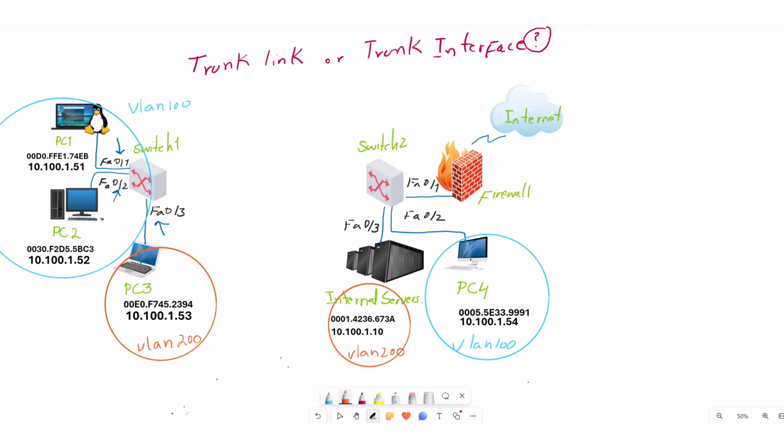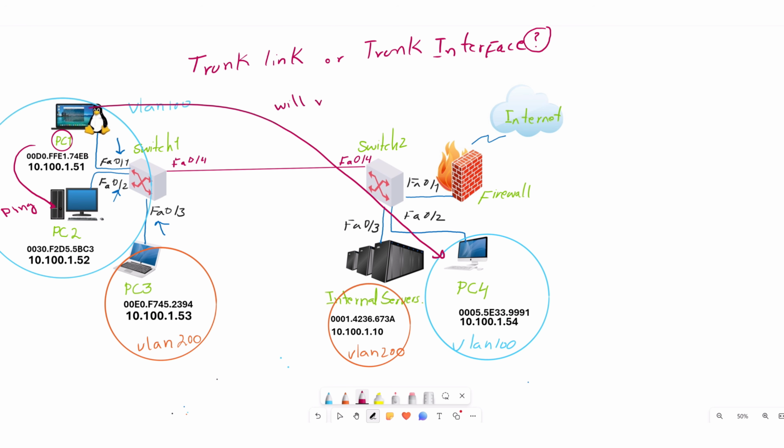As we understand about the network infrastructure, that PC1 and 2 are in VLAN 100 and PC3 are in VLAN 200 in switch 1. On the other side, in switch 2, PC4 are connected in VLAN 100 and server are connected in VLAN 200. So in this network diagram, PC1 will ping PC2 but not able ping PC4 because